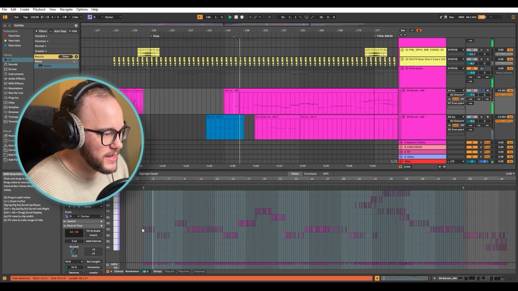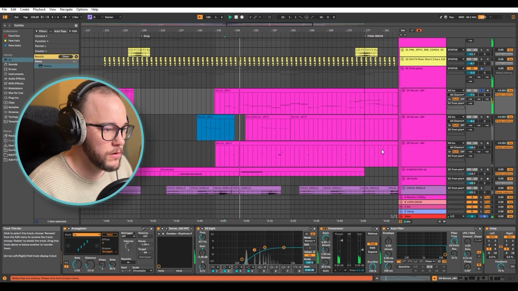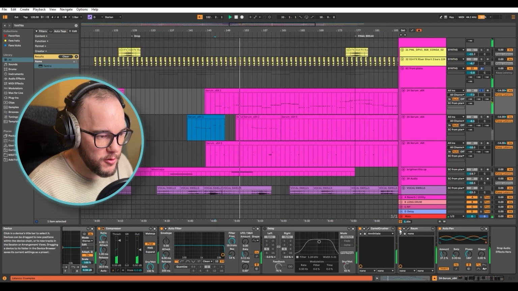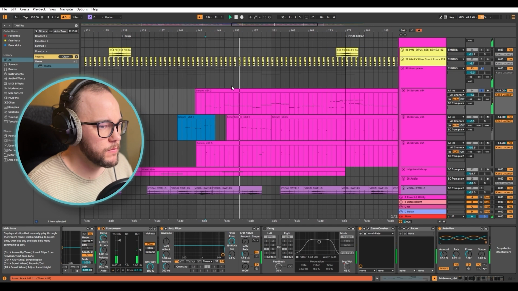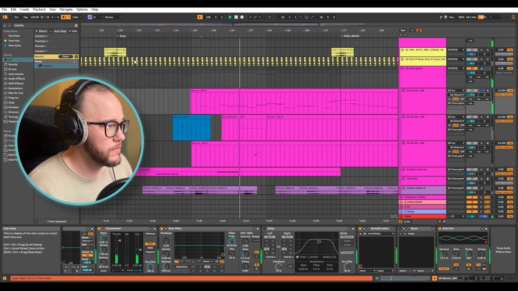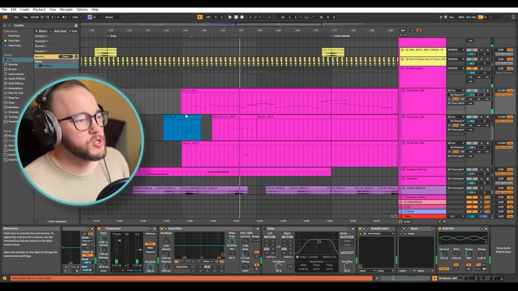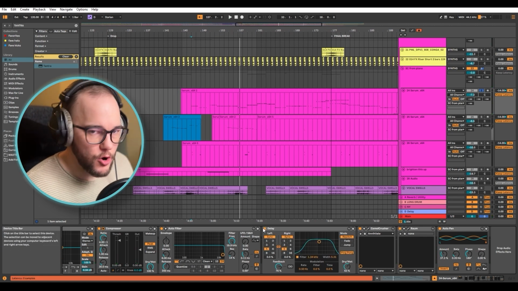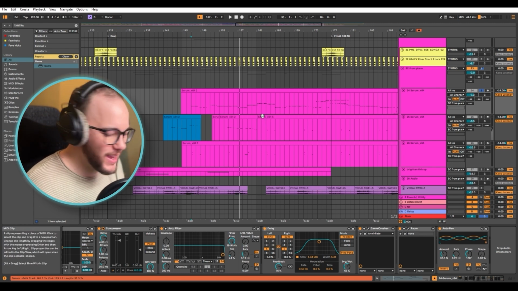So if you look, the MIDI is all over the place in terms of quantization. And that's if I turn the delay and the reverb off, it's a bit more off timing. So what I'll do is I'll use a delay and reverb to kind of mask the random notes, and then I'll record it live. I'll quantize it a little bit if it's too far off, but playing it kind of